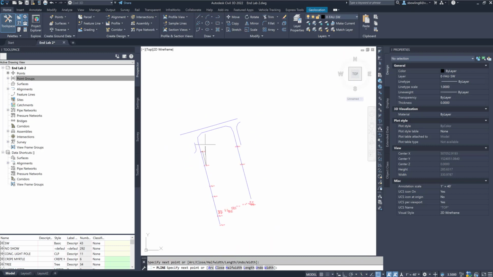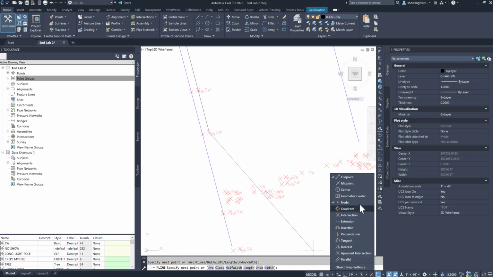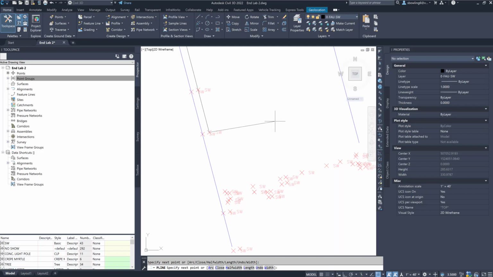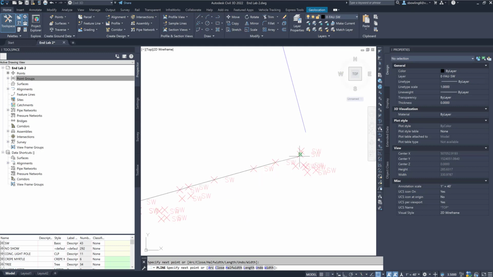Like such. And I have my O snap on for the node. Okay. And make sure it's highlighted. So I'm going to snap around here. It's also helpful to have your